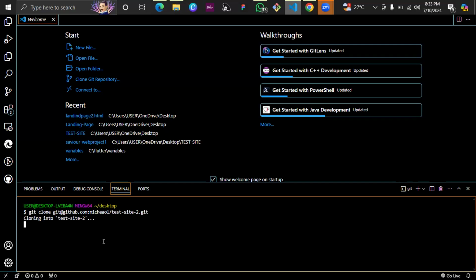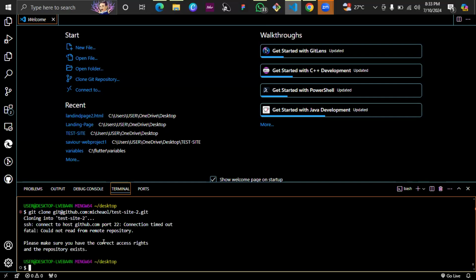Excuse me. Why is the computer scrolling? So, cannot connect to host.